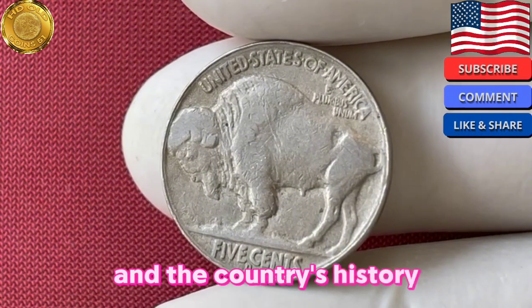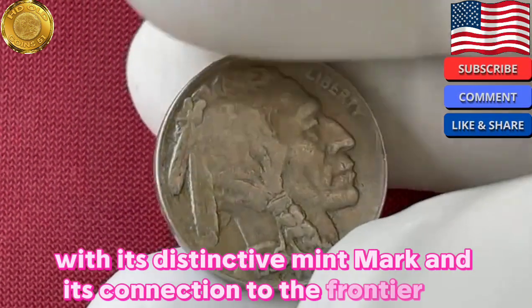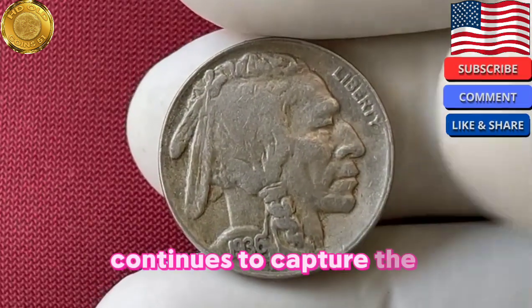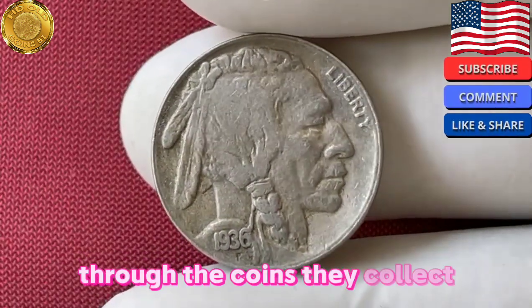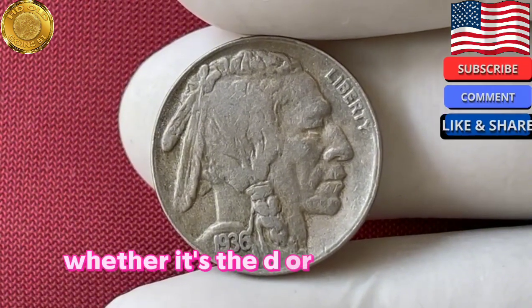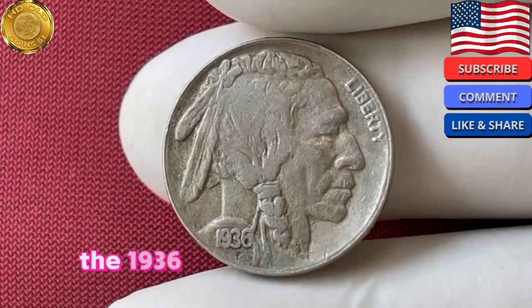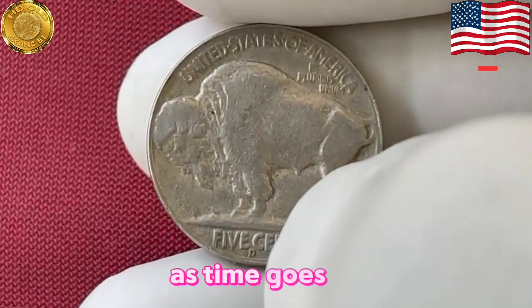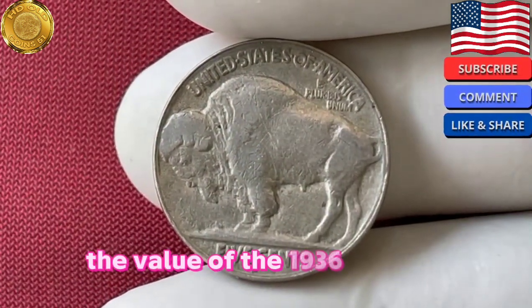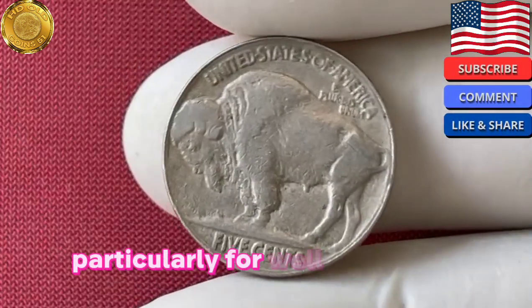country's history. The coin, with its distinctive mint mark and its connection to the frontier era, continues to capture the imagination of those who seek to connect with the past through the coins they collect. Whether it's the D or S mint mark, or a particular condition or grade, the 1936 buffalo nickel offers something for every collector. As time goes on, the value of the 1936 buffalo nickel continues to appreciate, particularly for well-preserved